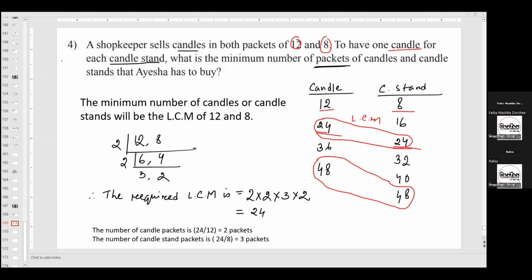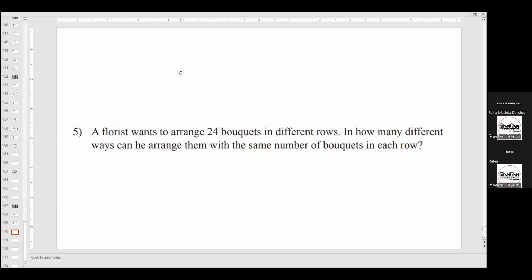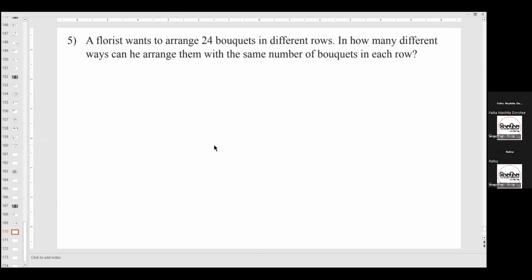Now number 5. তাহলে আমি পরের সামটায় যাই। The florist wants to arrange 24 bouquets in different rows. In how many different ways can he arrange them with the same number of bouquets in each row? So,